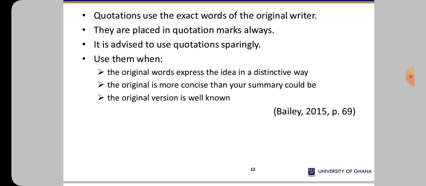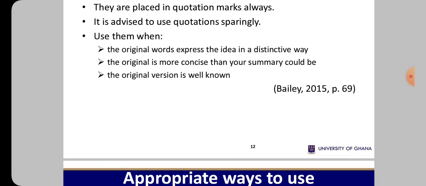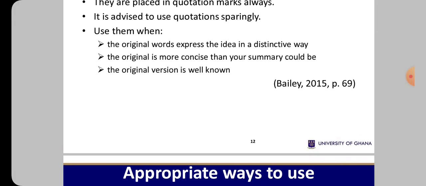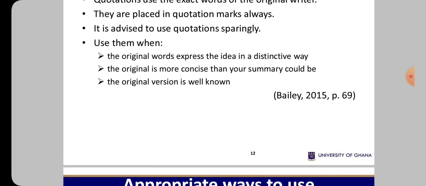First, when the original words express the idea in a distinctive way, then you use the quotation. And when the original wording is more concise than your summary could be, you use the quotation. So if you know that whatever the person said is concise, simple, and easy to understand than what you'll be writing, then there's no need to summarize it. You have to